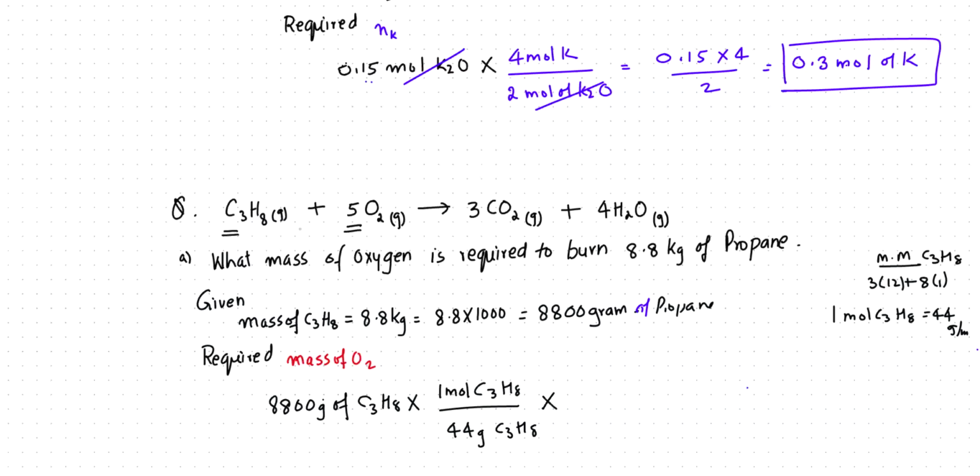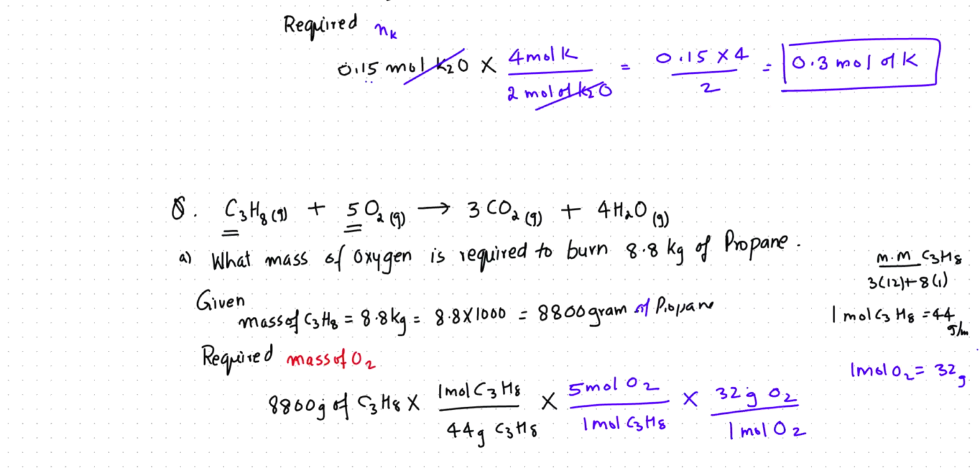So they are asking for the mass of oxygen. So on the top we write moles of oxygen, that is 5 moles of oxygen requires 1 mole of propane. This is a mole ratio. So 1 mole propane. So now we get the answer in moles, but they're asking what mass of oxygen. So this moles of oxygen we change into grams. So we multiply by, so 1 mole of oxygen equals what? The mass is 16 plus 16, 32 grams. So times, we write 32 grams of oxygen equals 1 mole of oxygen.